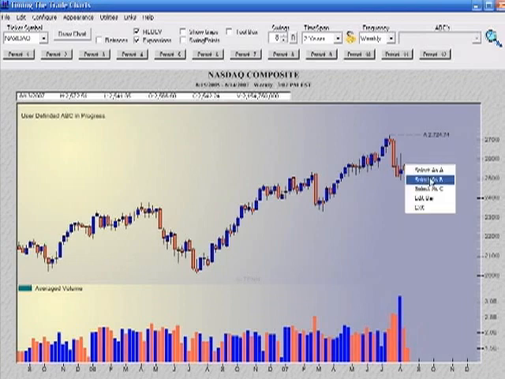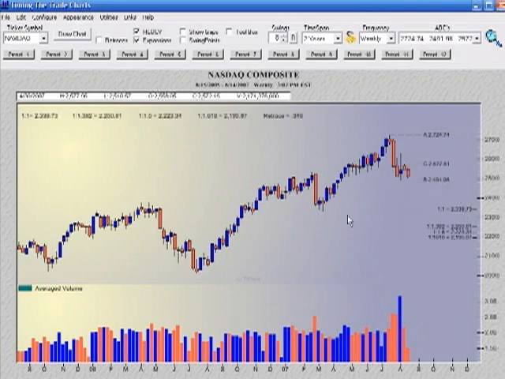That gives you a setup that we're going to go down to 2339. And that 2339, of course, is going to come right into the lows that were generated. 2340, pretty amazing, is a low that was generated in March. Now, what you also have in the NASDAQ is this. You can see that when we came down with conviction, we broke the channel line from the lows that were established in July of 2006. And this is a big number, because this is saying that the NASDAQ wants to go to 2,000. And if you remember, the high was 2724. That's a big number. We get volume down there, it can go lower.